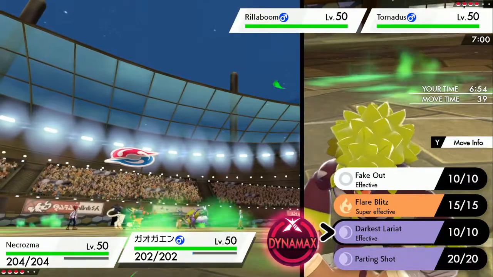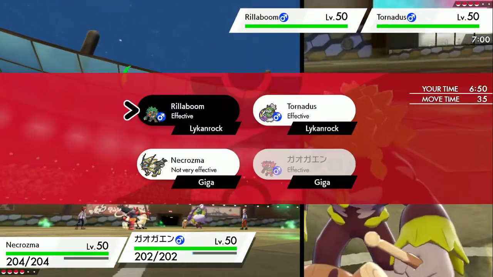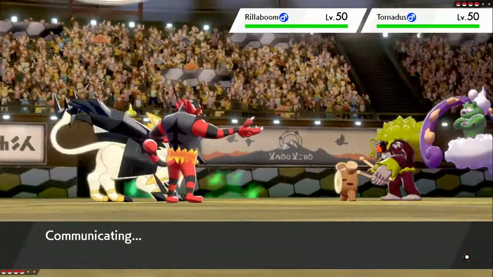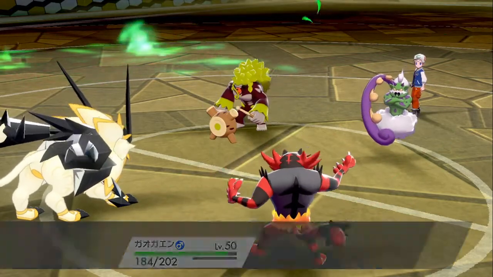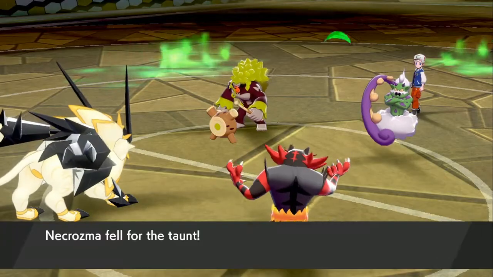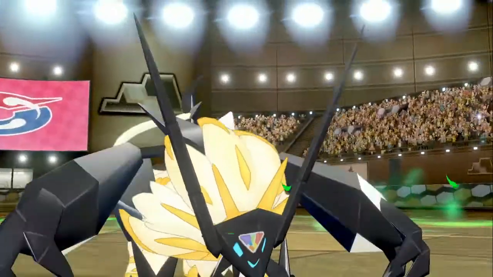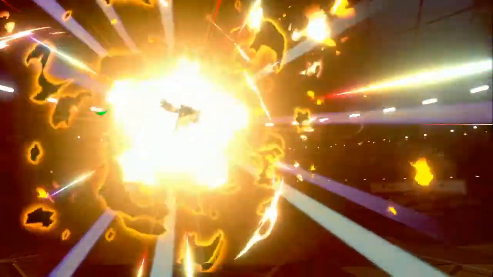I doubt this is going to work, but let's double up Tornadus. I mean, yeah, Rillaboom Fake Out into Ensign, makes sense. Yep, here comes... Oh, they went for Taunt, which is cool. Oh, I'm guessing they were thinking of Trick Room, so that's fine. I'm able to just get off the Sunsteel Strike. I don't actually care too much about speed control, and what's really important right now is getting rid of Ensign